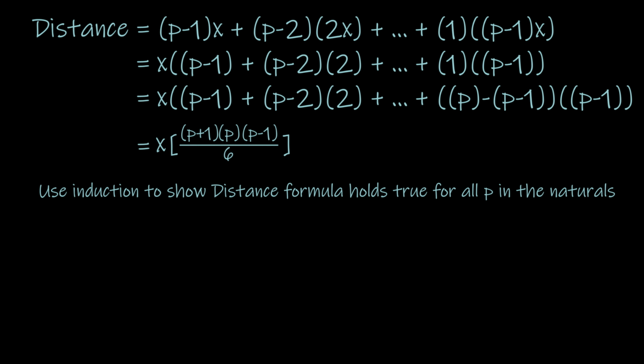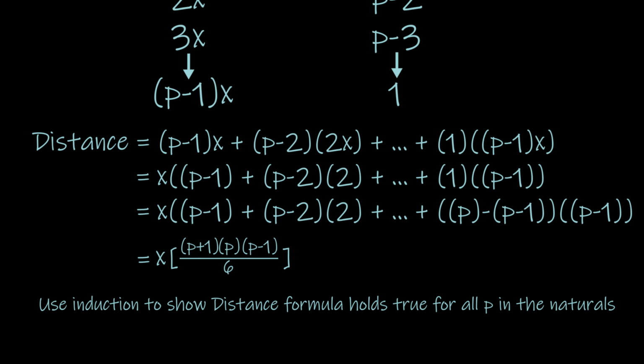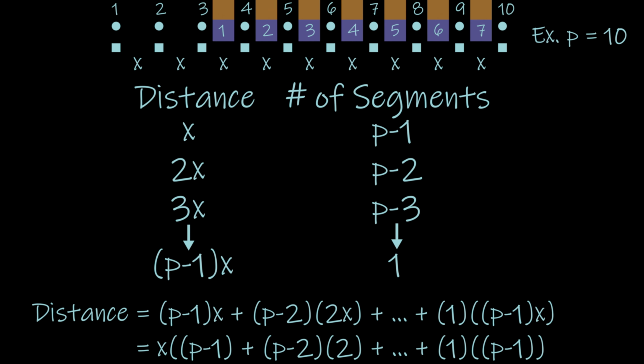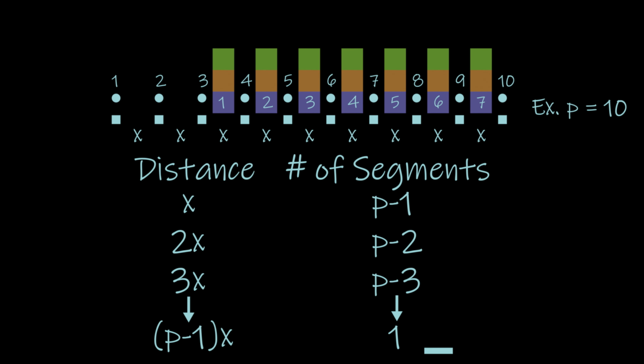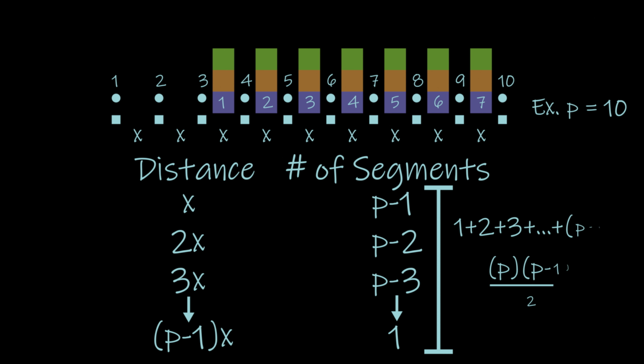The next is, you might be worrying that we might have missed some distances. If we look back at our segments, we'll see that we had one segment of length (p minus 1)x, two segments of length (p minus 2)x, and this went all the way down to p minus 1 segments of length x. If we add up all of our segments, we get p times (p minus 1) all over 2, which is known as p choose 2. Therefore, we ended up getting all possible distances between pairs of points, so we don't have to worry that we